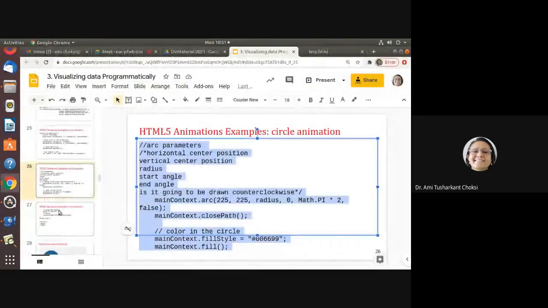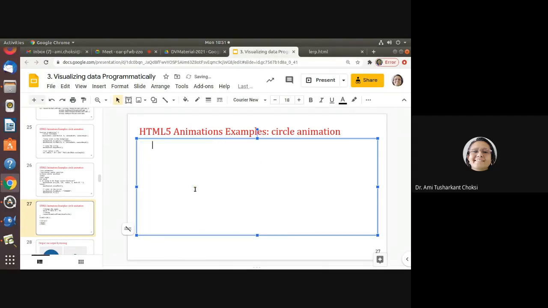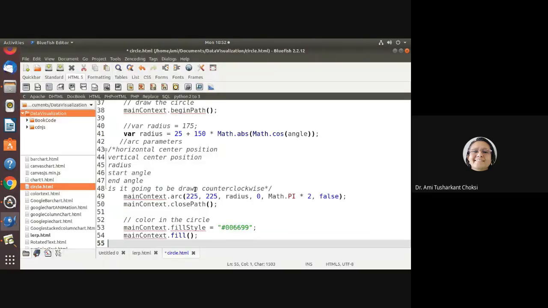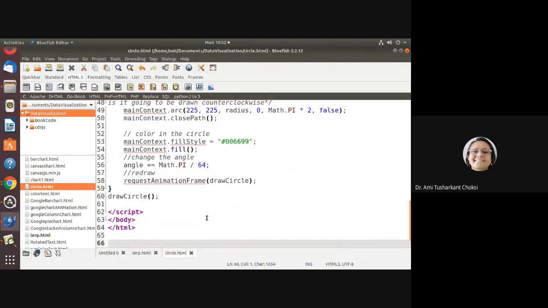Then after, we have the arc parameters, and we are drawing the circle. Then we have the drawCircle, and we are calling the drawCircle. Let us put that here and save it as circle animation.html. I have given here circle.html only, but that is also fine.